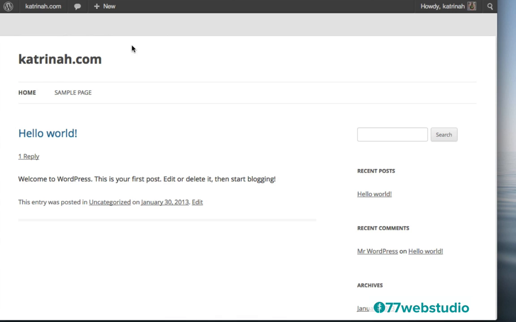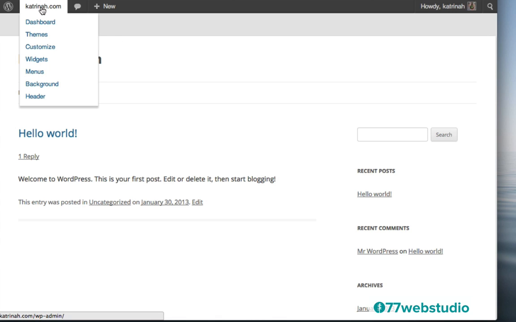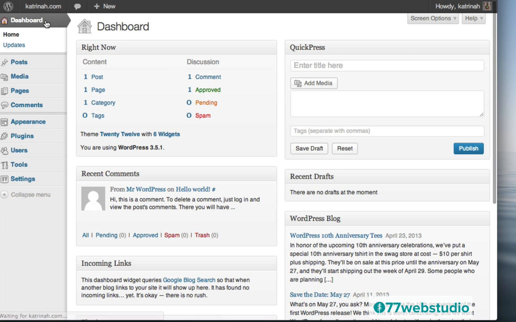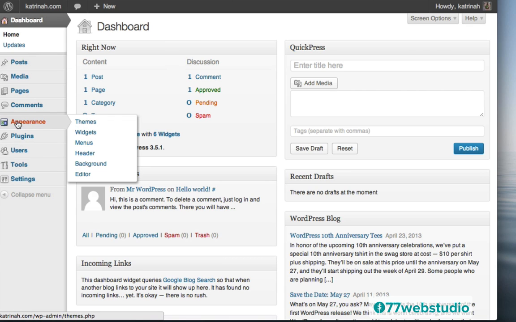To do that, you want to go to the top left-hand side, hover over the website name, and the first link is Dashboard. We want to click on Dashboard. And here we are on the dashboard of our WordPress website. So this is the first thing that we'll see when you log into your WordPress website. For the moment, the first step we want to take is we want to change the theme of the website. So to do that, on the left-hand side, the first step here is you want to click on Appearance.